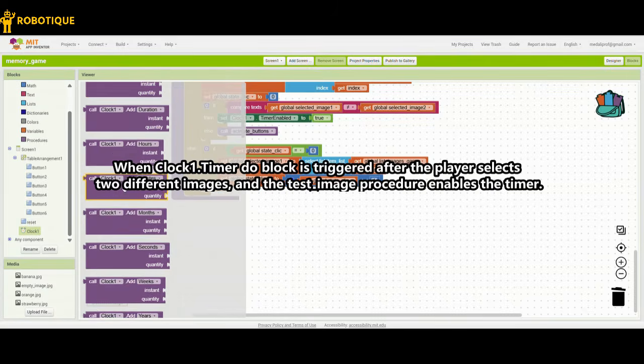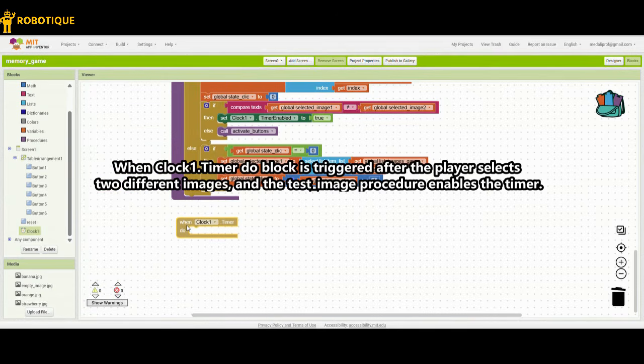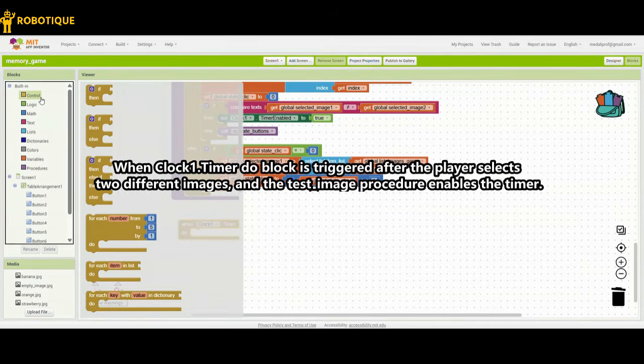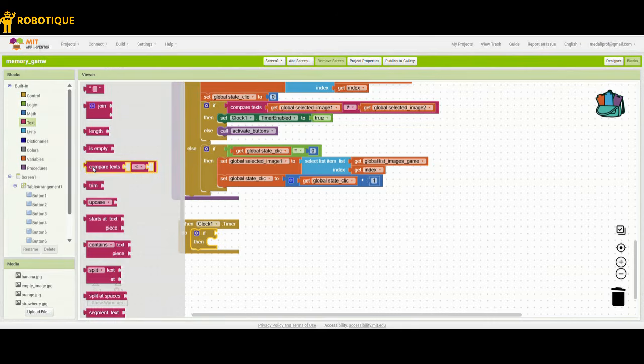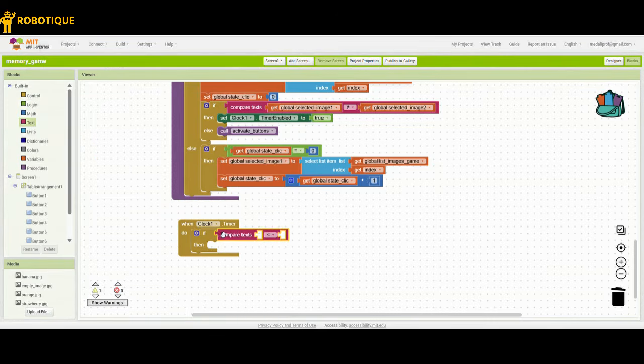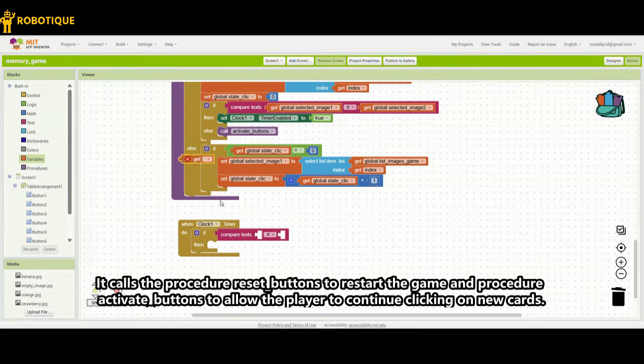When the clock1.timer do block is triggered after the player selects two different images, and the test_image procedure enables the timer, it calls the procedure reset_buttons to hide the cards and procedure activate_buttons to allow the player to continue clicking on new cards.